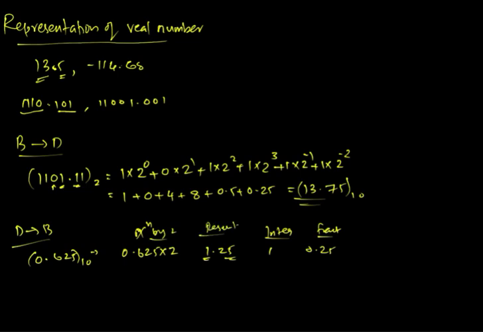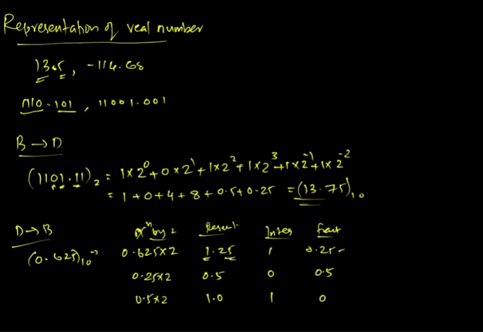Now take the fractional part obtained in the first multiplication and multiply that fractional part again by 2. The result is 0.5. Now the integer part in the result is 0, and the fractional part is 0.5. Now take this fractional part and multiply it with 2 again, and we get 1.0. So here the integer part is 1 and the fractional part is 0.